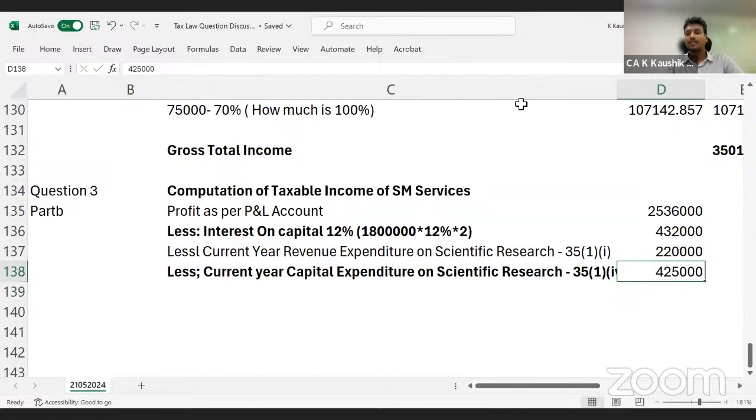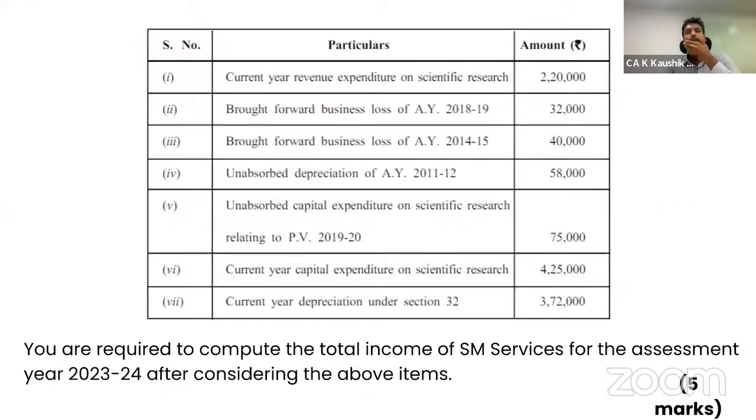Now, what is the other aspect that you need to understand here is that after this, what is the sequence? So we'll have to arrive. When should you arrive the book profit, or how will you calculate the eligible remuneration to the partnership remuneration or the partner remuneration? You calculate based on the book profit. For book profit, except for brought forward business loss, you adjust everything. Except for brought forward business loss, you adjust everything. So you need to calculate the adjustment of unabsorbed capital expenditure and current year depreciation.